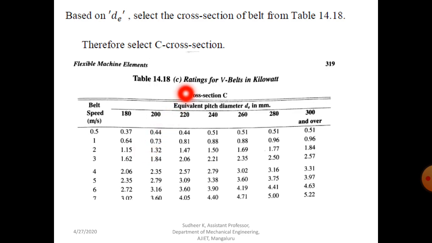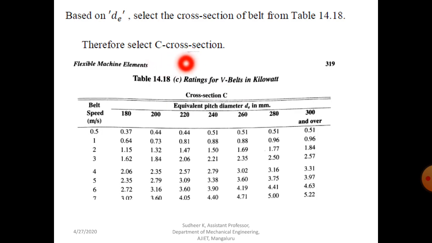Now, based on the value you got for the equivalent diameter DE, which is 228, that lies here. So we can conclude that the cross section of the V-belt is C cross section.